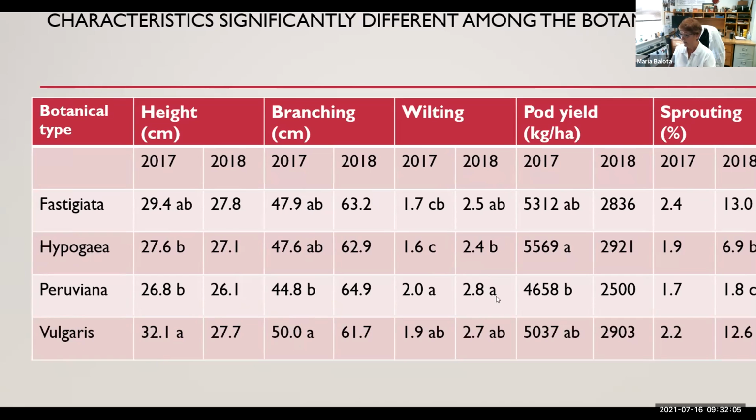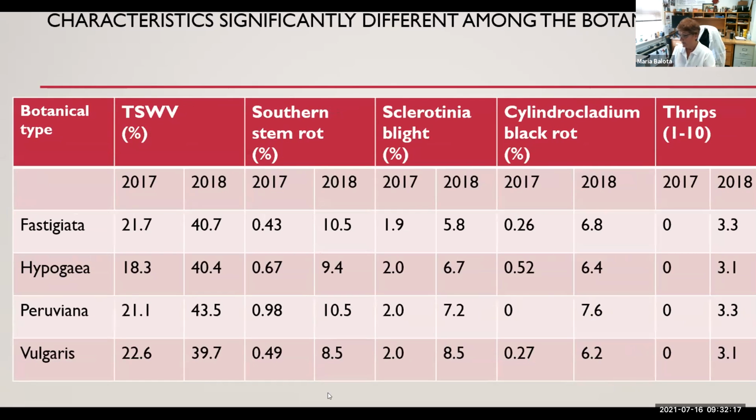Peruviana was the most wilted in both years and also had the least yield in both years, as opposed to hypogaea, for example. This shows botanical types were not statistically different for TSWV, southern stem rot, sclerotinia blight, CBR, thrips,